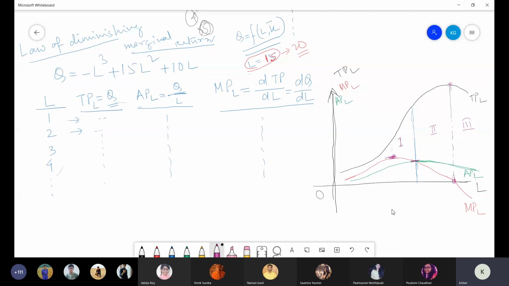But in reality, such a kind of graph will not be there. In each and every case, suppose you use 1 unit of labor, second unit, third unit, you are doing a back calculation. After applying the third unit of labor and getting the output, you calculate the average product, the marginal product, and the total product. In that way, each and every case you go on increasing and calculating. Now, throughout that stage, increasing average product means what?